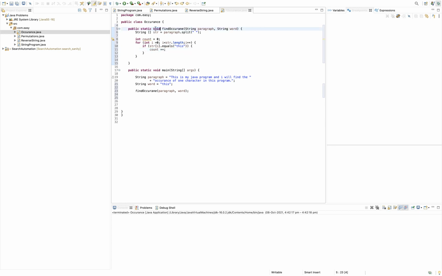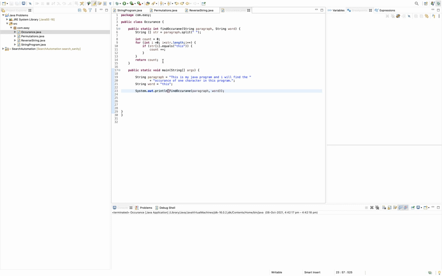Now you can take the int also. So we can return count here, and here we can just print, and we are just calling this method inside System.out.println.